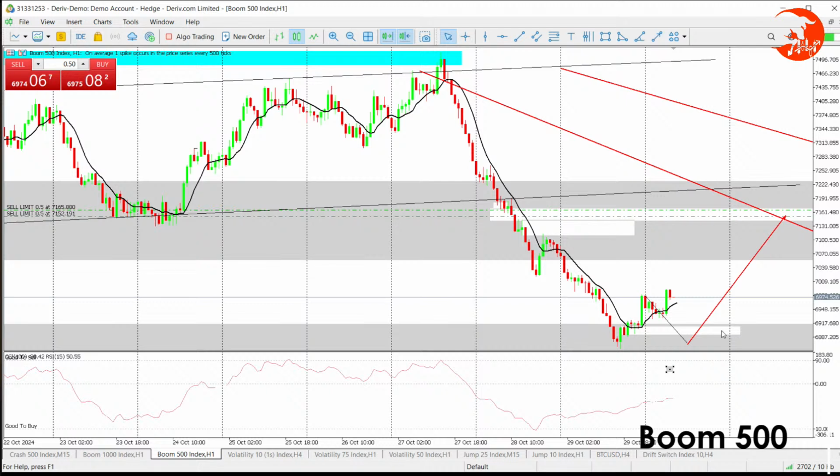I don't normally use the alert, but I think I should put the alert there if price comes back to that level. I've never heard of this alert on MT5 actually come through, so it's going to be my first time to actually wait for the alert to be activated. So for now, I want to head over to